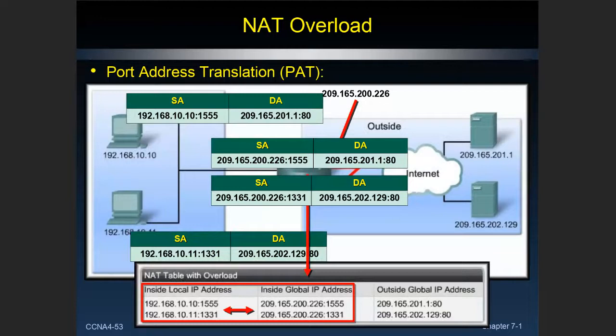So with port address translation, or NAT overload, what we're going to do is we're going to have some host machines here, and they each have a session to 2 different web servers that are present on the internet, 2 different companies maybe. So we're going to take this inside address, this 192.168.10.10, and this 192.168.10.11. We're going to translate those into an outside source address. So this guy became this address. This guy became this address. And then they get translated into the outside world.